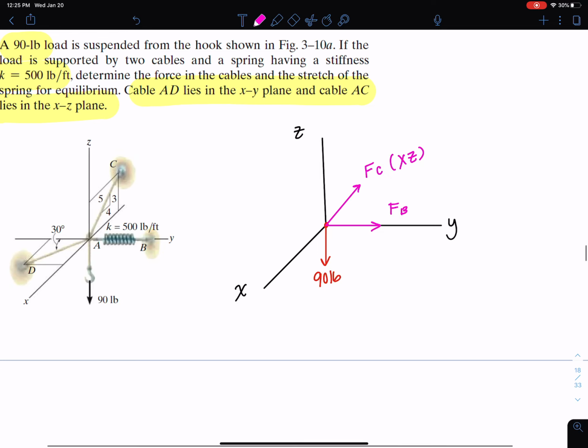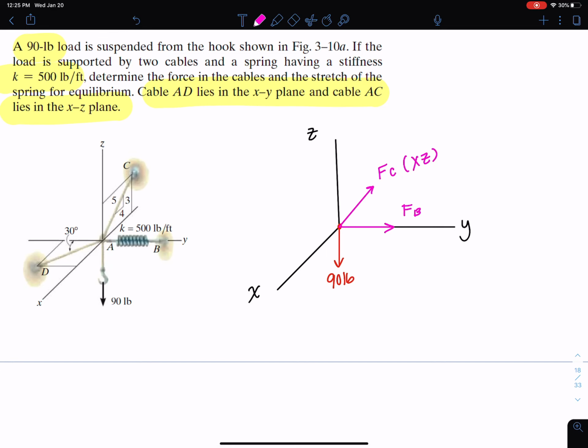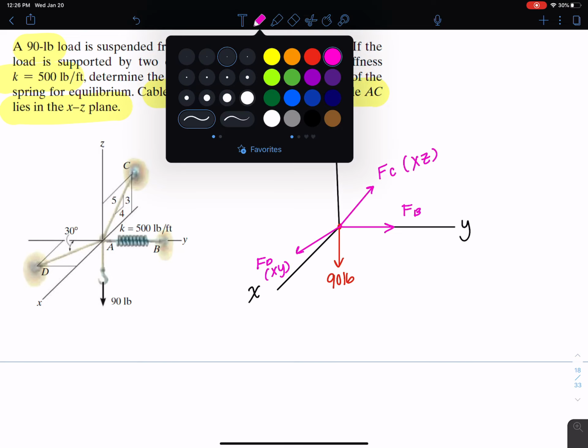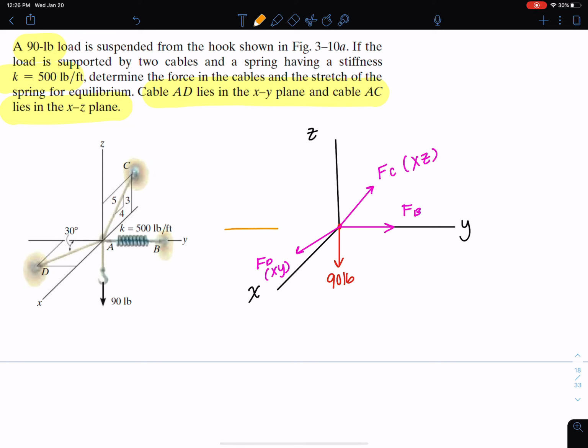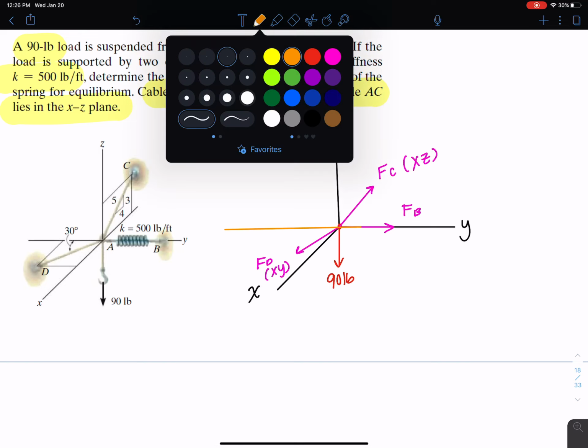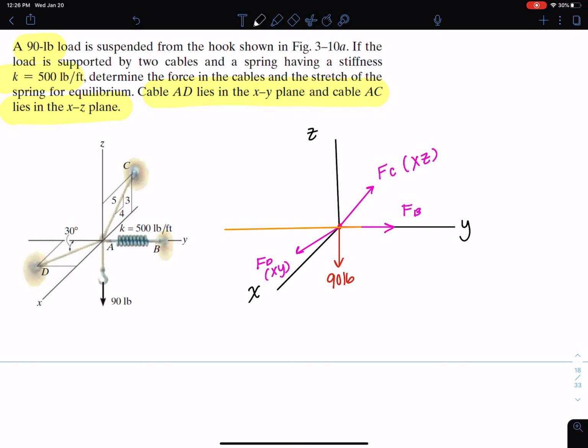And then my last force is AD. I'm going to draw that force in the direction that's shown, FD, and write here XY because the problem had told us that's in the XY plane. And then just for reference, I'm going to draw here the Y direction, negative Y and positive Y. And of course the negative Z, positive Z are already shown, and X as well. Okay, now that we've drawn our FBD, our free body diagram,